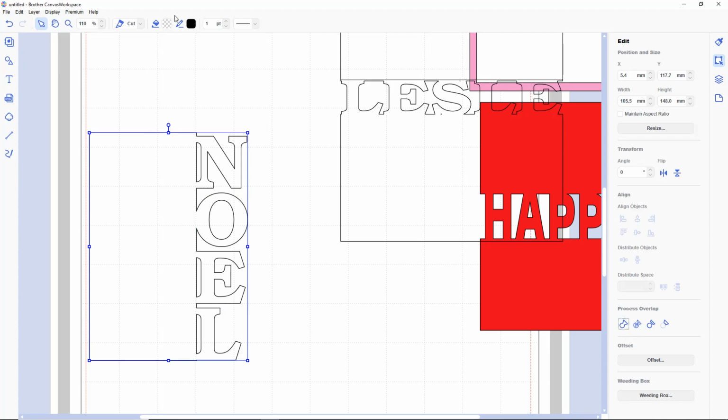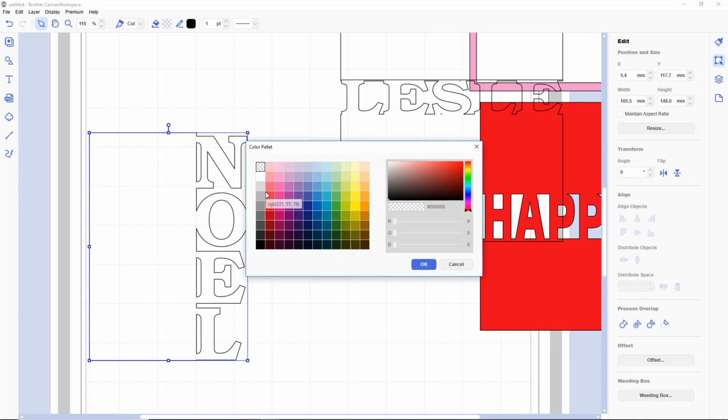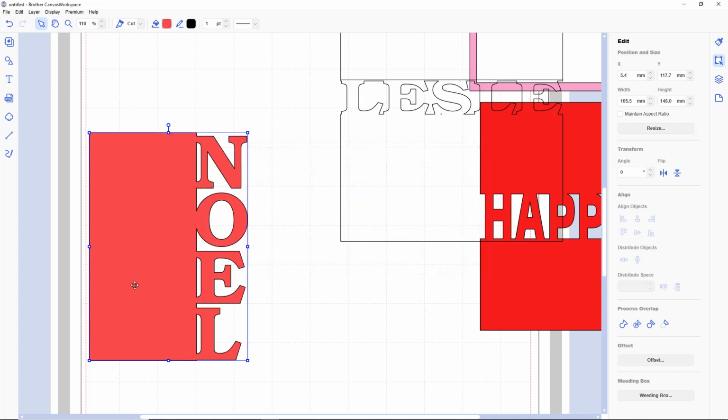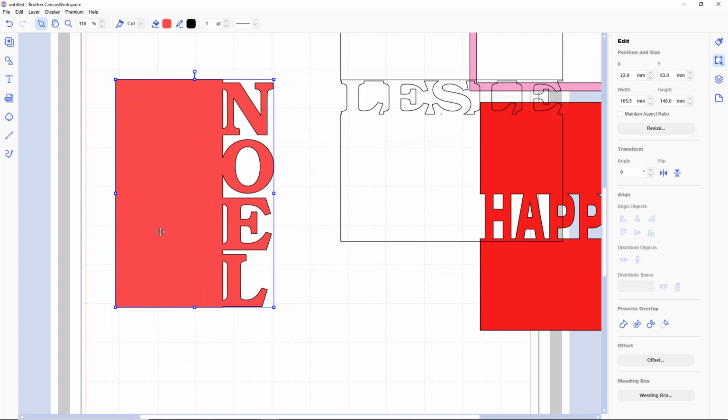Let's give that a colour so you can see what it looks like. It's Christmas. Let's go red. And there you go. Now again, because this would be the front of the card, you could either just do it like that if you wanted to cut and it actually be, actually you would want to put the other side of the card on that, wouldn't you? Because,